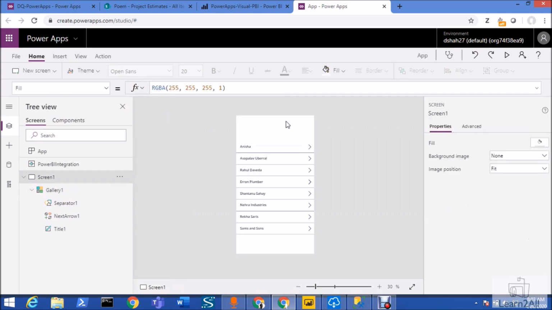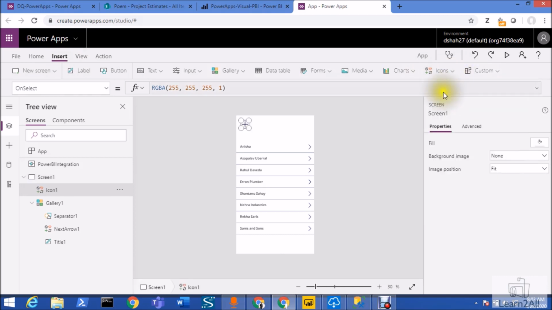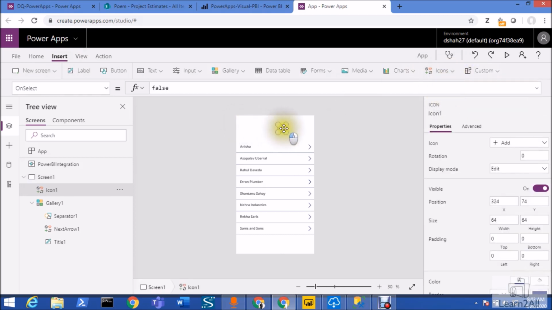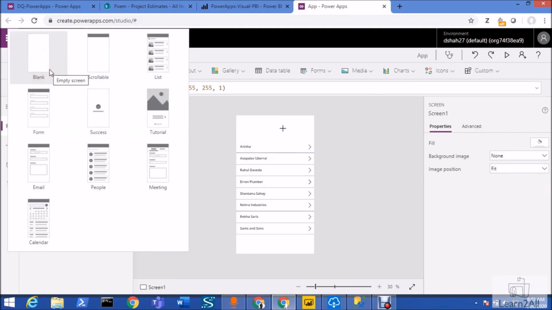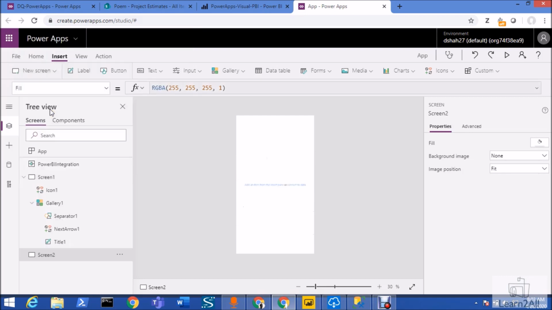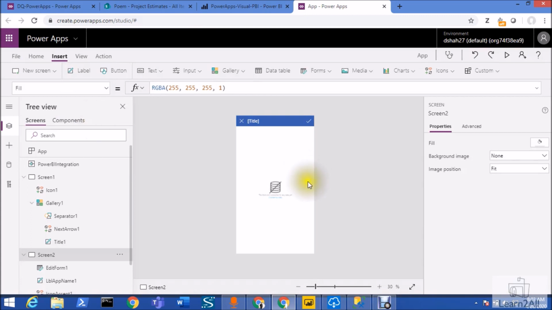Alright, now I want to create a new form. Alright, so for that, from inside just add a button first. I'm adding an add button. Now on this add I want to create a new form. For that let me just add one screen over there. So I'm adding this form screen over there, right? This created a default screen for me.